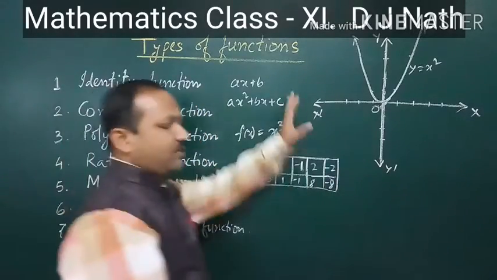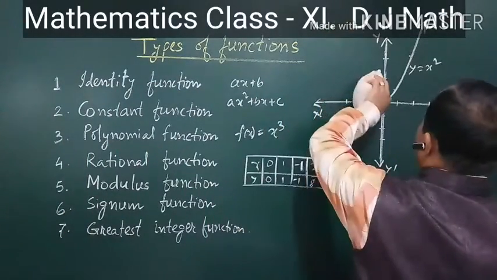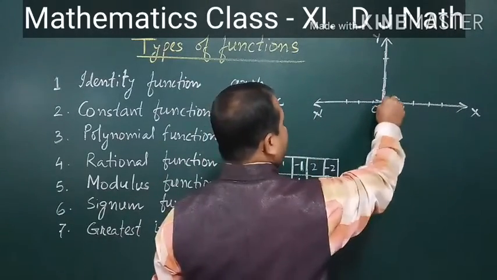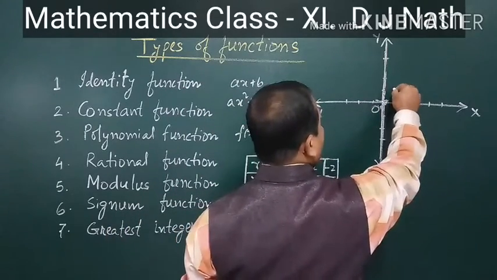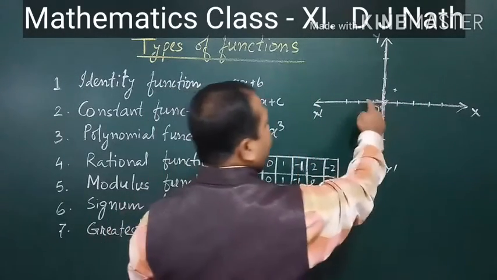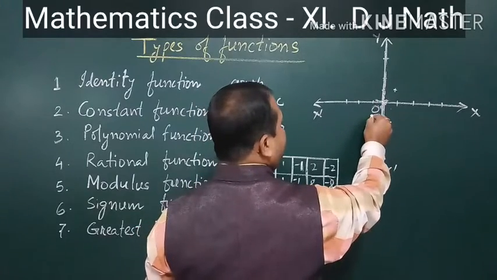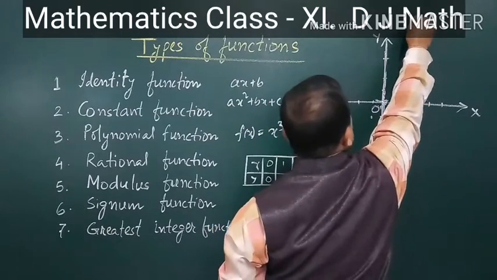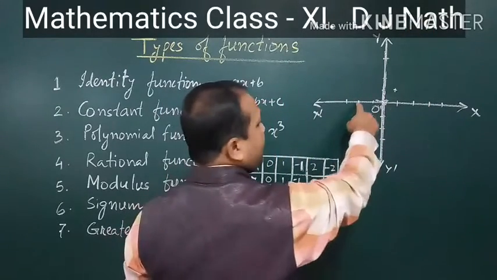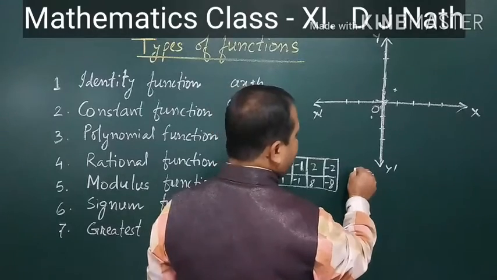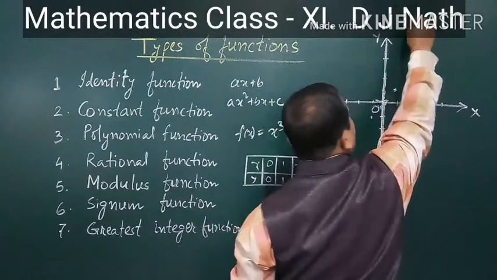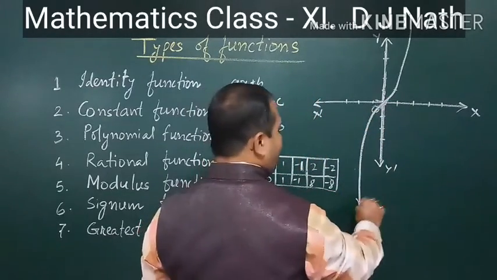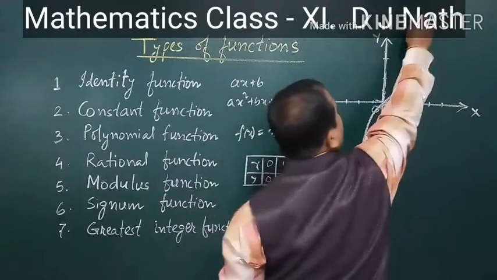So if we plot the points on the graph, how will this graph be? Look, we'll plot the points. 0, 0, alright. 1, 1 is also alright. Minus 1, minus 1. So here is the point. Then for 2 it is 8. If it is minus 2, then it is minus 8. So how is the graph? It will come like this way, so the graph will be of this kind. Okay?